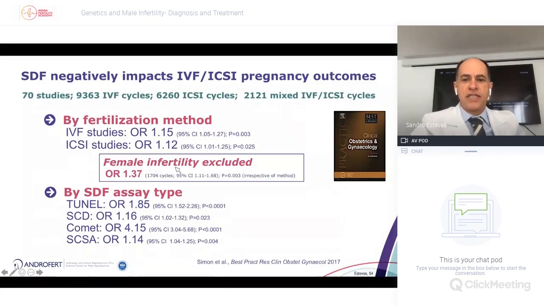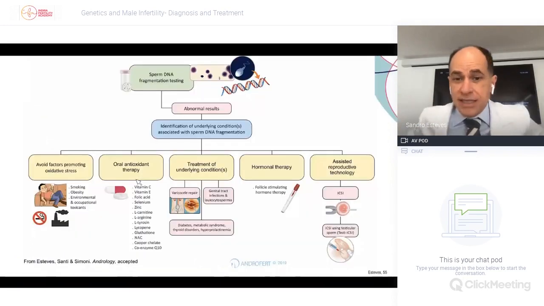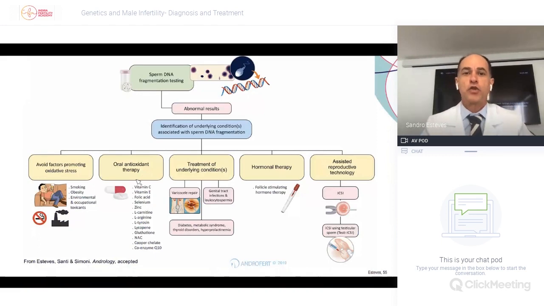More importantly, when we exclude female infertility factors, the odds ratio becomes even more remarkable. This stresses the importance of the male factor affecting sperm DNA quality, with impact on the IVF and ICSI outcomes. So this is an important discussion because, contrary to some people who believe that there's nothing to do when we have sperm DNA fragmentation